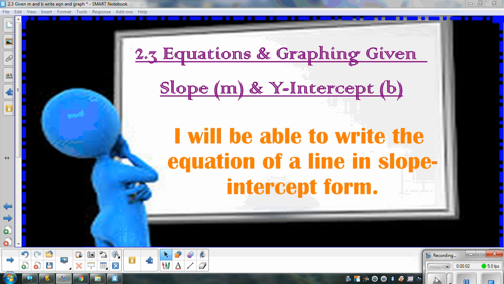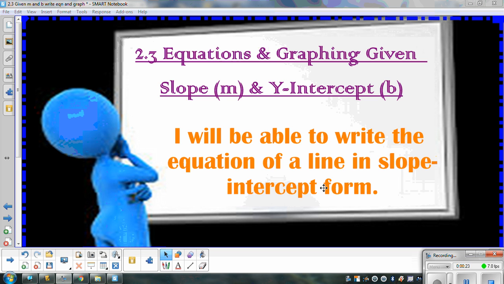Today we're going to continue our unit with being able to write linear equations. 2.3, the title you're going to write is we're going to write equations and graphing given the slope, which is m, and the y-intercept b. Our objective, our goal that you're writing down is I will be able to write the equation of a line